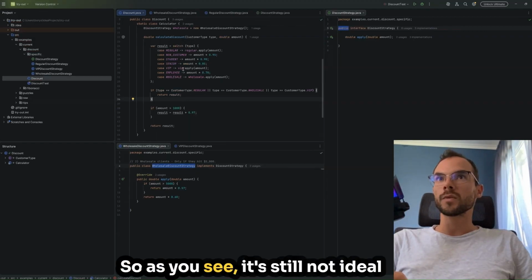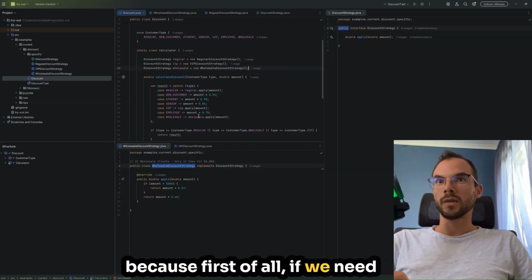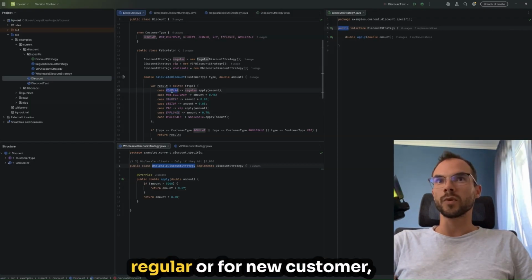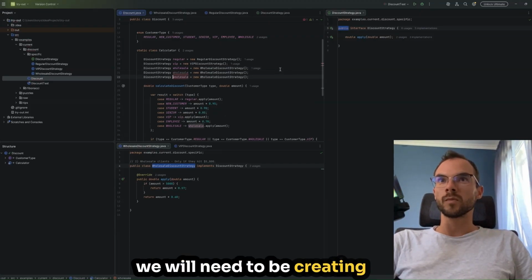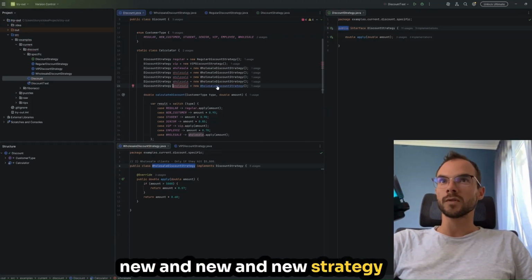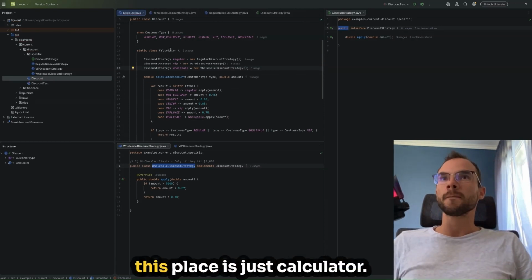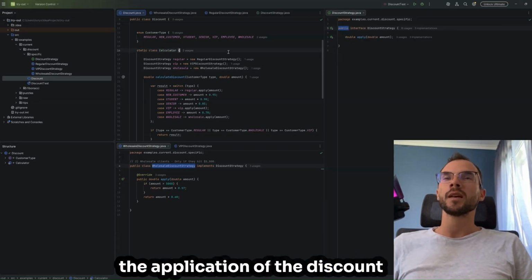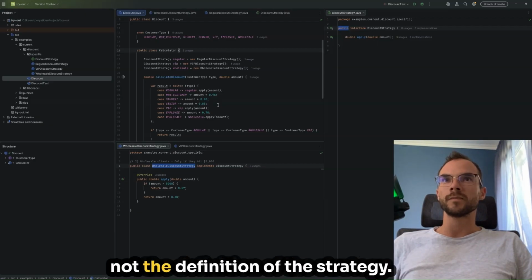So as you see, it's still not ideal because, first of all, if we need to add an additional strategy for employee or for student or for regular or for new customer, we will need to be creating a new strategy in this place, and it should not be the case because this place is just a calculator. So now it has to encapsulate the application of the discount strategies in the current place, but not the definition of